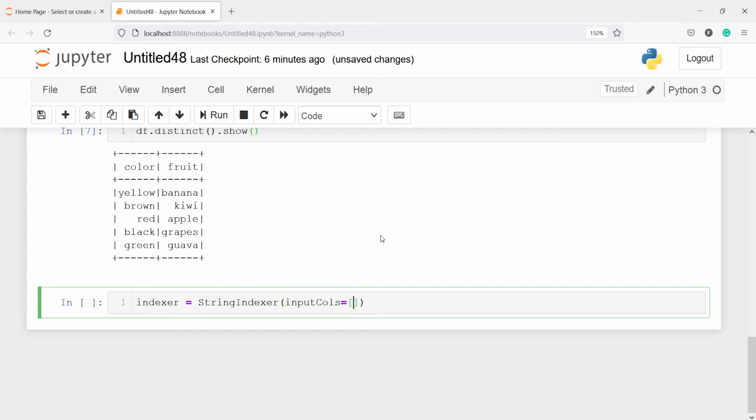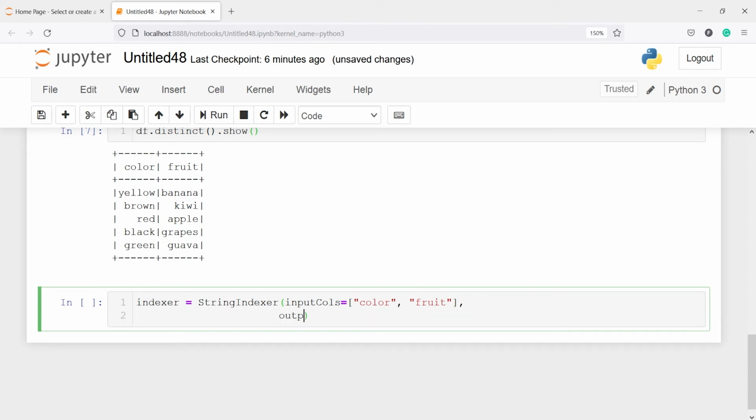I'll make a list here, and inside this list I will pass these two column names. My first column name is color, the second column name is fruit. Then my next parameter will be outputCols, and the output of these two columns will be, first, color_index. This will be our new column, and the second column name will be fruit_index.